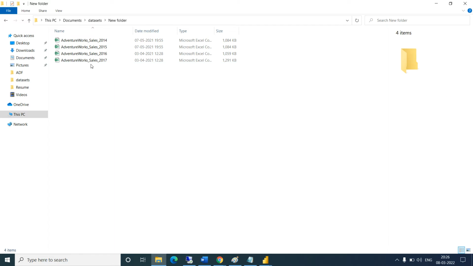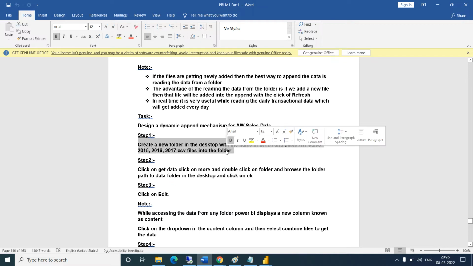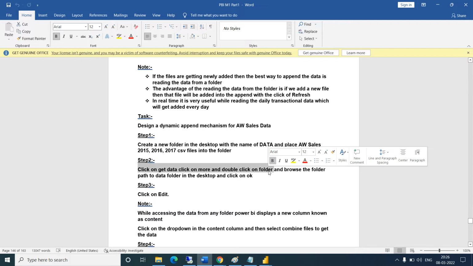Okay, so 14, 15, 16, 17. This is the file I want to pick up every time at once. So, create a new folder on the desktop with these files. Our files are all CSV, right? Then click on Get Data, click on More, double click on Folder.